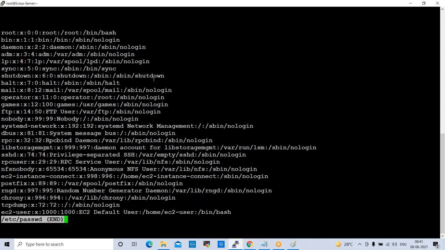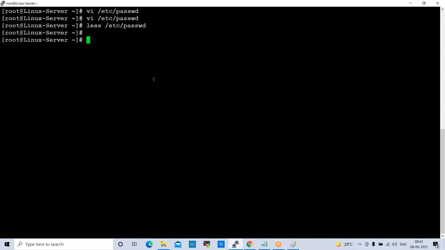If you have 10 pages in the file, it will show you page by page. For example, less /etc/sudoers.